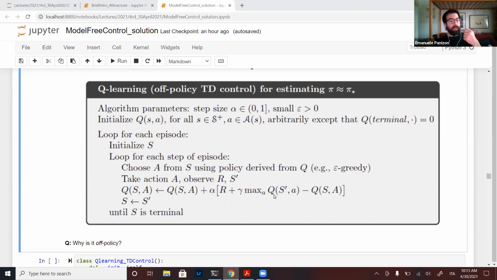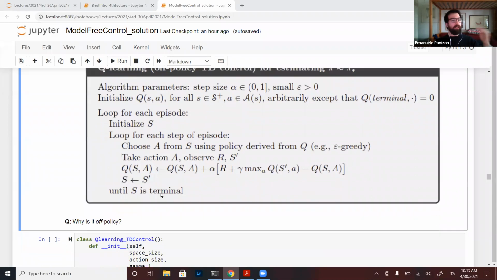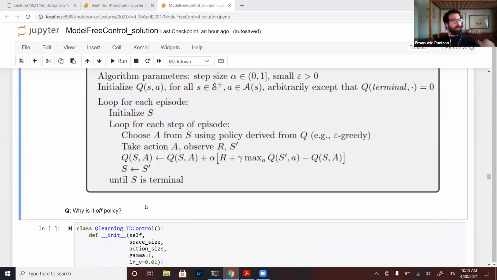But the update is not done with the probability given by the policy you are actually following, but using this greedy choice of action. So the value is updated with max over action, which is a greedy conception of the policy you are evaluating. The policy you are evaluating and the policy you are following are two different things. Then you do it over and over for many episodes until the end.